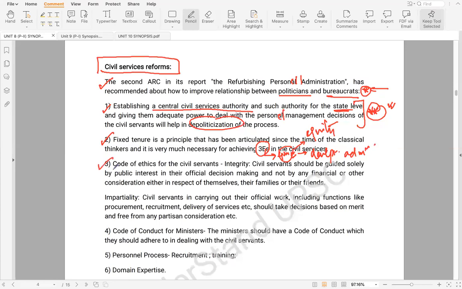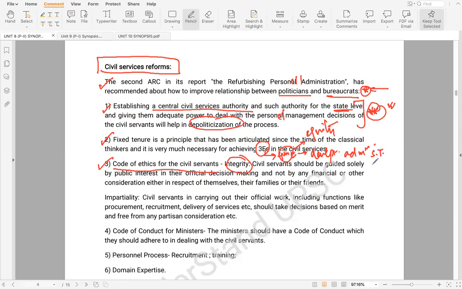Code of ethics for the civil servants, where you need integrity as a value. So civil servants should be guided solely by public interest in their official decision making and not by any financial or other consideration, either in respect of themselves, their families, or their friends. You can also talk about how you need